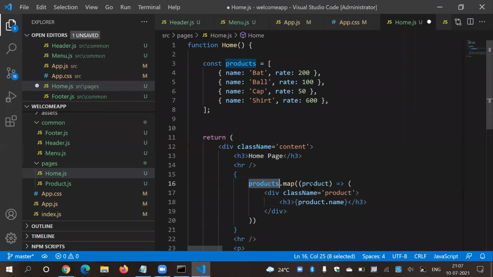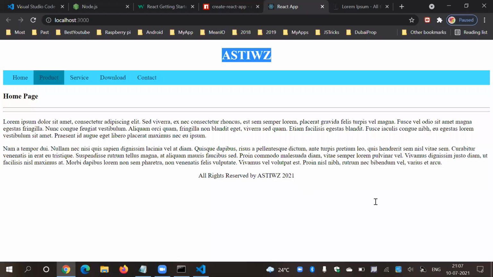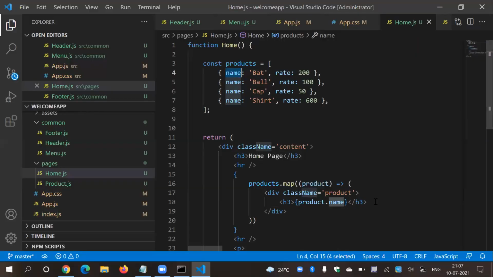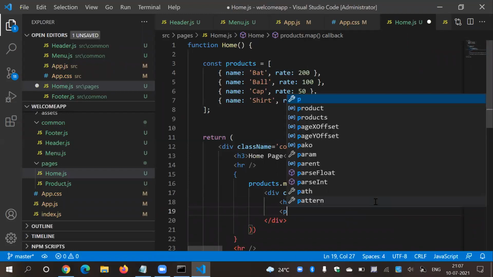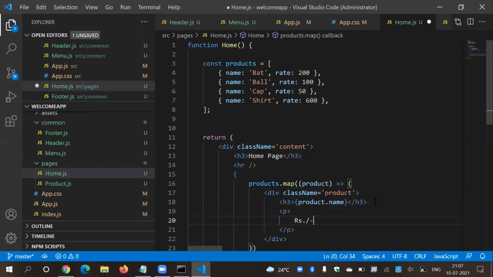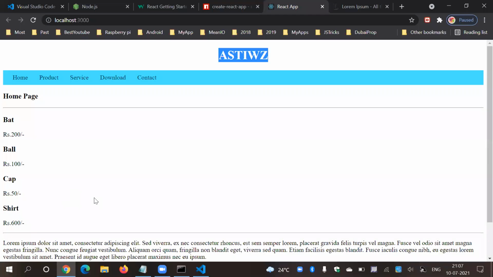Products, we will get product, meaning one by one object, and the object contains this name attribute. Perfect. So refresh your page, you will get all the products, right? And after that, in a paragraph, I want to show rupees. Here I want to show the product rate, say product dot rate. Here we got product rate, product rate, product rate. Awesome.